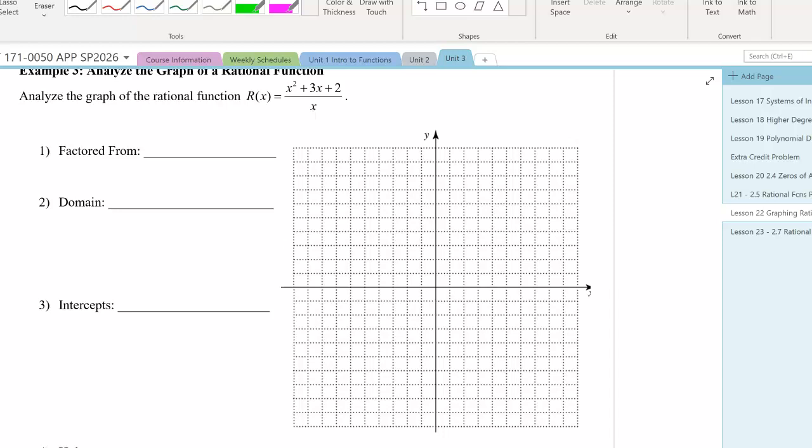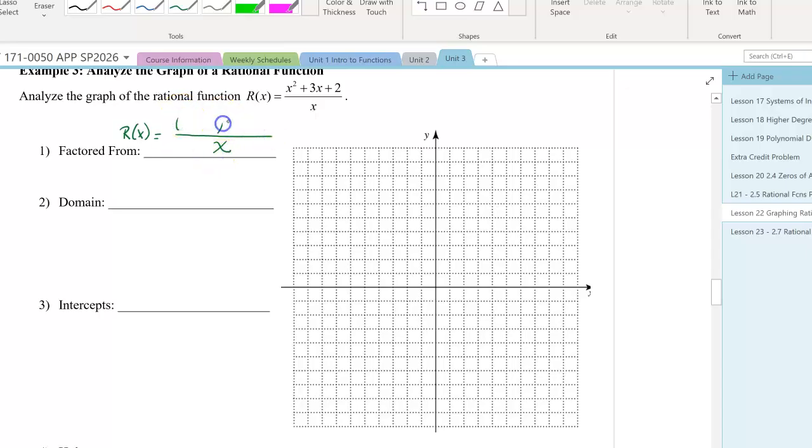In this video, we will analyze and graph the function r of x is equal to x squared plus 3x plus 2 all over x. So I think that the top can be factored, so I'm going to start there. So r of x is equal to,